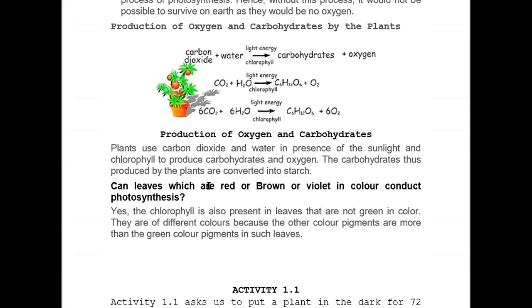Can leaves which are red or brown or violet in color conduct photosynthesis? Answer is yes. So chlorophyll is also present in leaves that are not green in color. Mind this point. They are of different color because